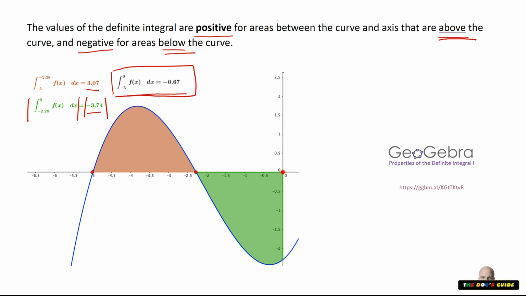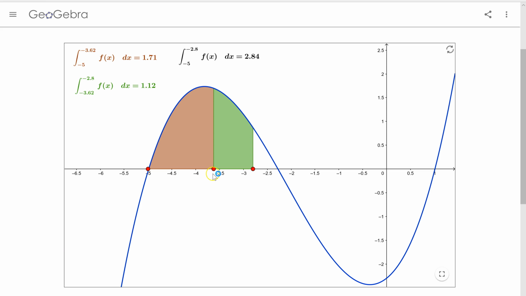So there's a distinction between area, which is just the amount of two-dimensional space, if you like, trapped between the curve and the axis, and the value of the integral that we'll have to be very aware of. So let's have a look at GeoGebra just to explore this a bit further. So we can look at this one curve here. We can see at the moment that the integral from minus 5 to wherever that is, minus 2.8, has a